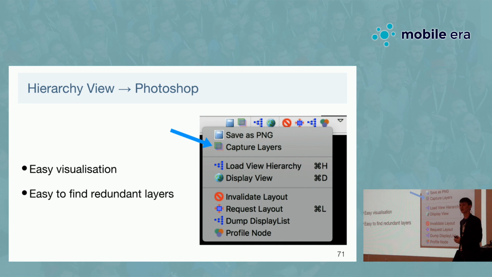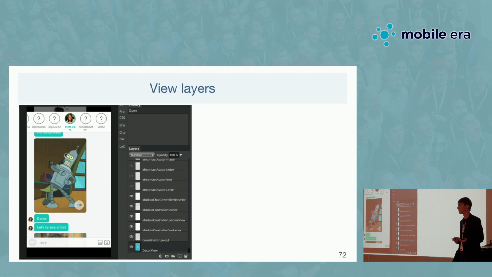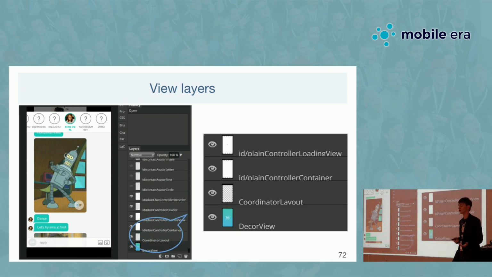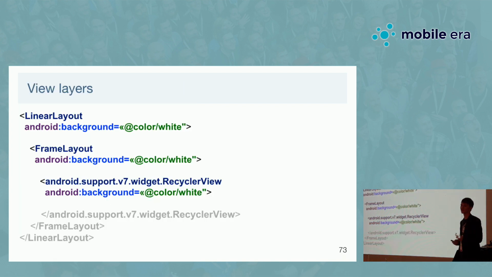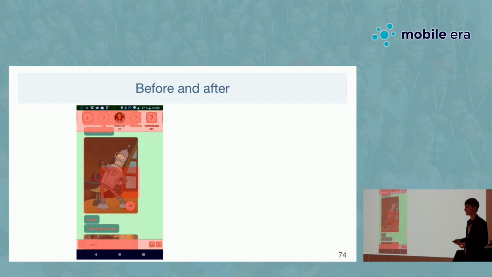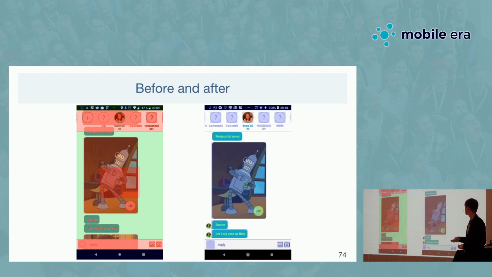And again, hierarchy viewer can help you, because you can export your view hierarchy into a PSD file. You can open this PSD file in any image editor, and you can see that, for example, on some views there is the same white background. And it might look like a stupid mistake, however, sometimes it happens, because now we often have an activity. Inside the activity we have fragments, inside a fragment we have a custom view, and sometimes they have these overlapping backgrounds, and that's an easy way to understand that you have this issue and how to fix it. So after we removed just a couple of backgrounds, almost everything went back to a good state.